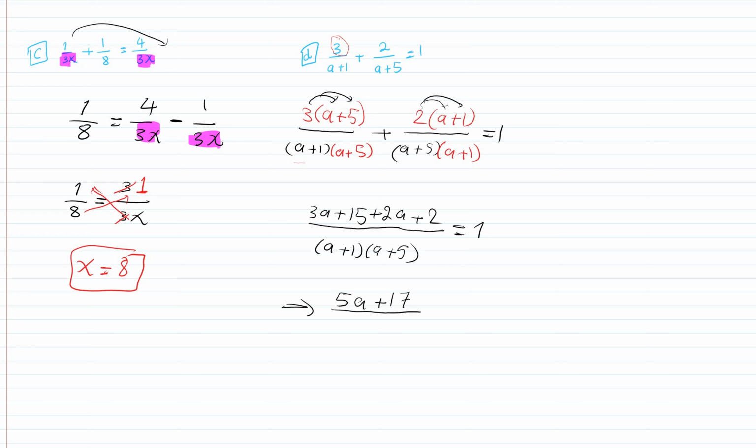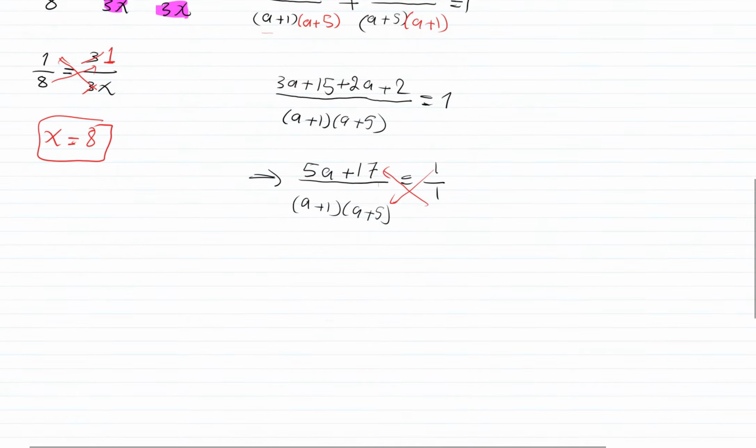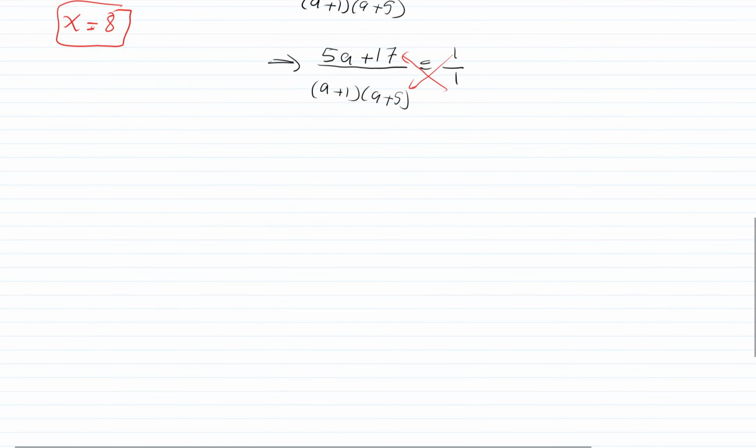All over a plus 1, a plus 5 equals 1. What's the denominator of 1? It's only 1. So you can cross multiply these two together. We get 5a plus 17, and on the other side we have a plus 1, a plus 5. Students, you can